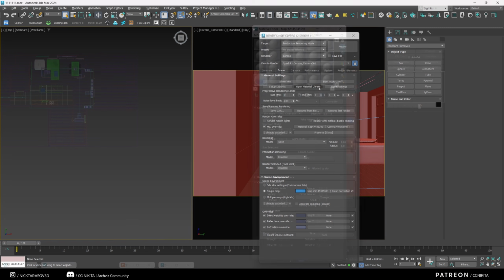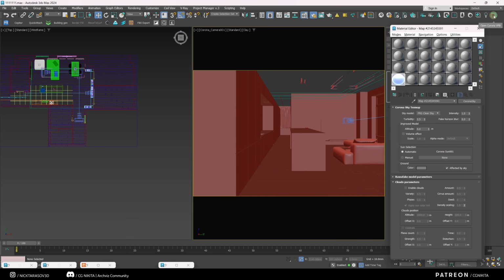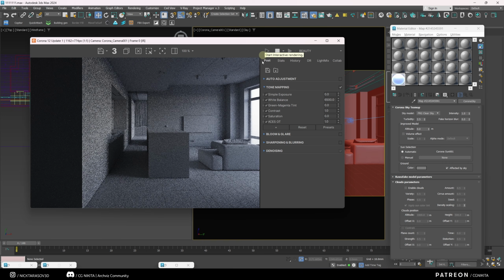And now let's run an interactive render and look at the result. I open up the Corona Frame Buffer, run the interactive render, and you can see how we've got fill light in the scene. If you want to make the tone of this fill light more neutral, we can apply a